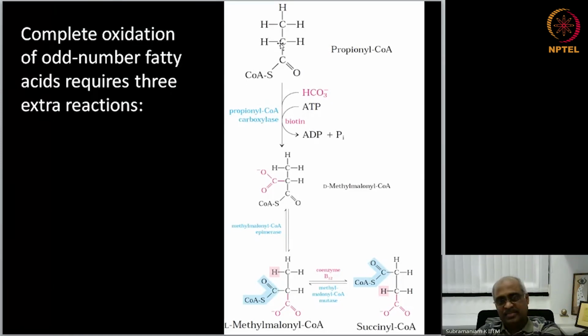So essentially a carbon is carboxylated by a biotin containing enzyme, and then that intramolecular rearrangement generates succinyl-CoA. So this is what happens. And this swapping of a hydrogen with an alkyl group between two adjacent carbons by this mutase requires